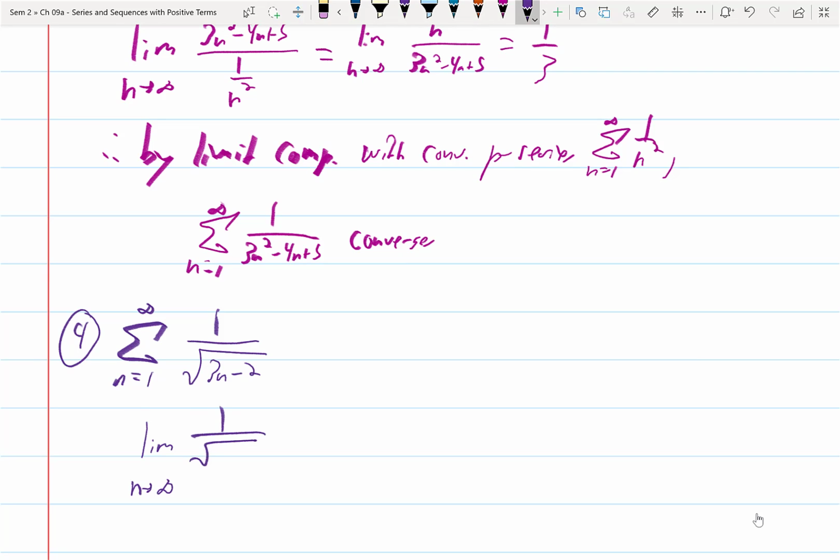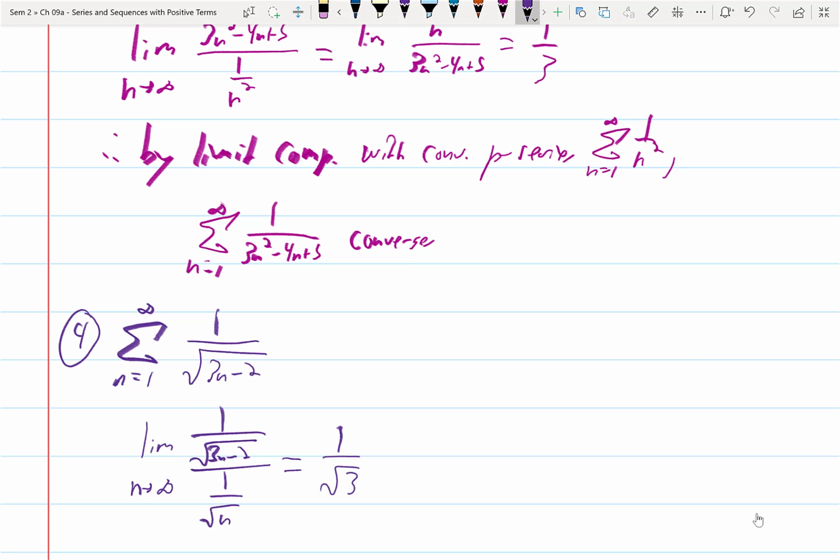So 1 over root 3n minus 2 over 1 over root n. When you do that limit, I'm counting that you guys don't need to show every single step of this limit to understand that the minus 2 doesn't matter, and the ratio becomes the ratio of the leading coefficients, which is 1 and root 3. So your limit comparison gives you 1 over root 3,